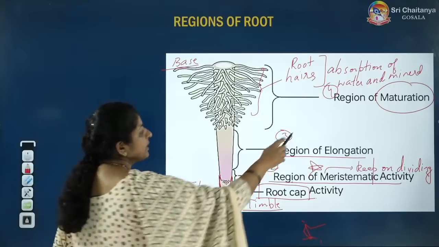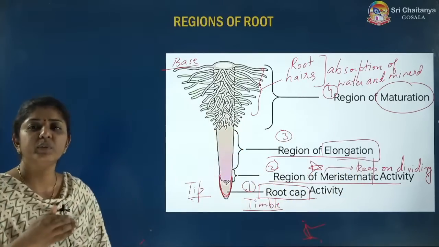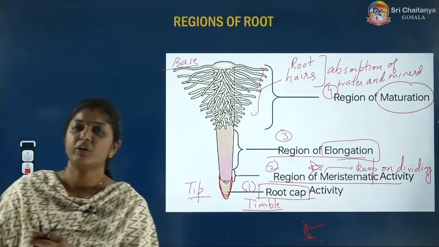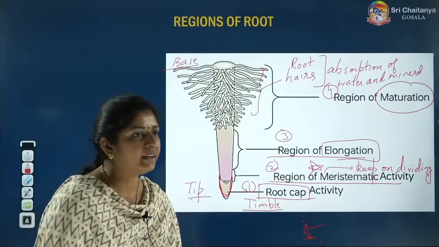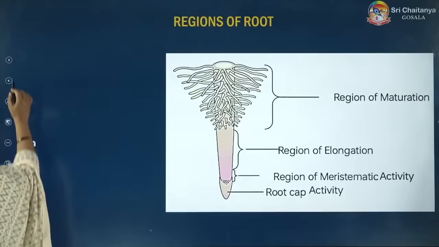What is coming between maturation and meristem? Elongation. You just need to know the sequence. What is the role of such tissues? Actually this is a part of anatomy, not of morphology, external morphology. Fine. Okay, let me proceed to the next part now. In the next part,